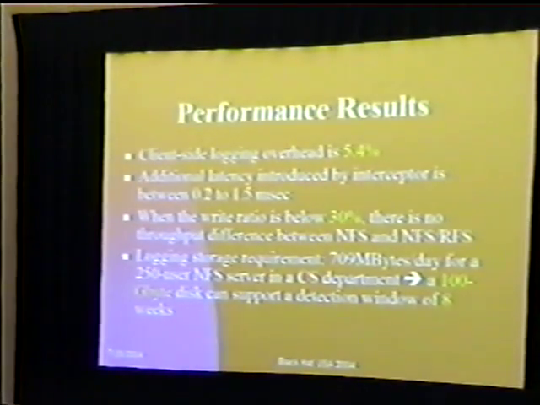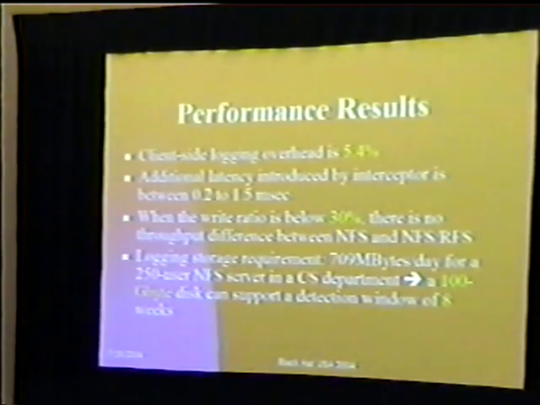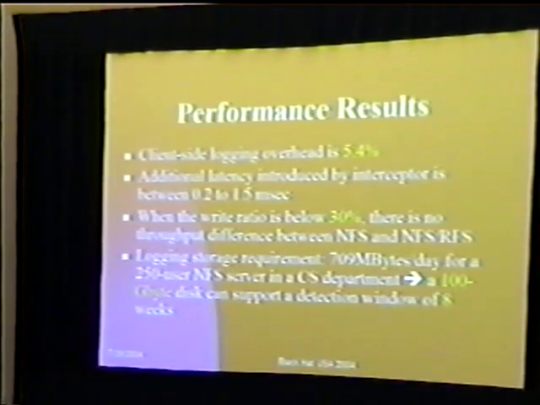So the good thing to know is that the performance overhead of this particular system is relatively low. We have to do some kind of client-side logging, and we have to do something at the NFS server side. The logging overhead in general is pretty low. It's under 6%, and additional latency introduced by this RFS interceptor is between 0.2 to 1.5 milliseconds. And the good thing is that when the NFS workload's write ratio is below 30%, there's no throughput difference between NFS and